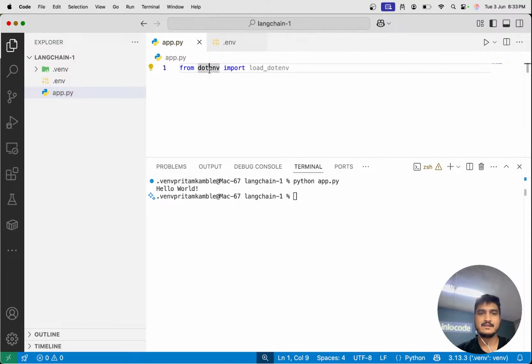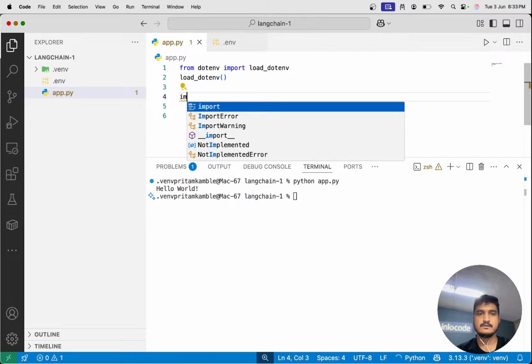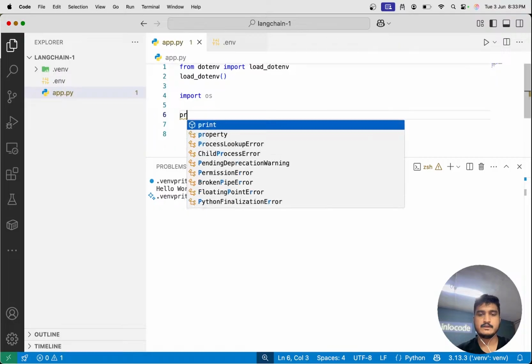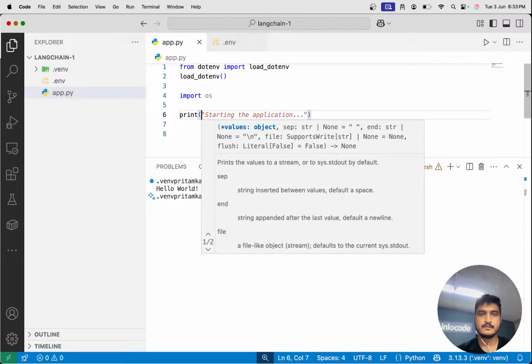So this is the package that we will have to use. Okay, and then here you can call load_dotenv. Okay, so it will load the API keys, and if you want to see, you can print